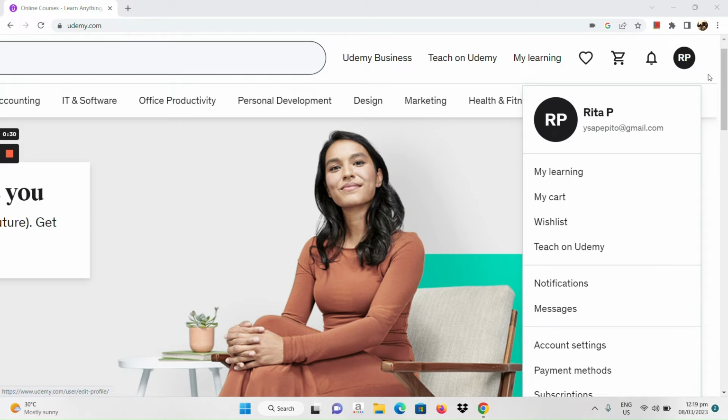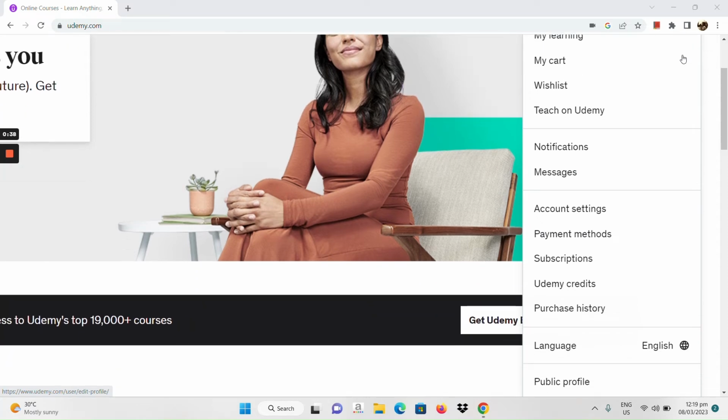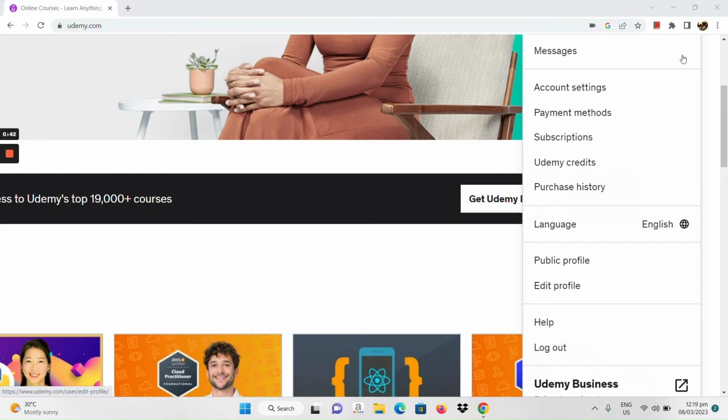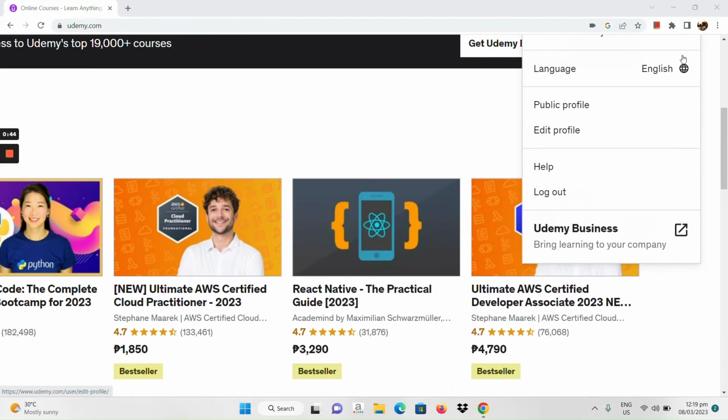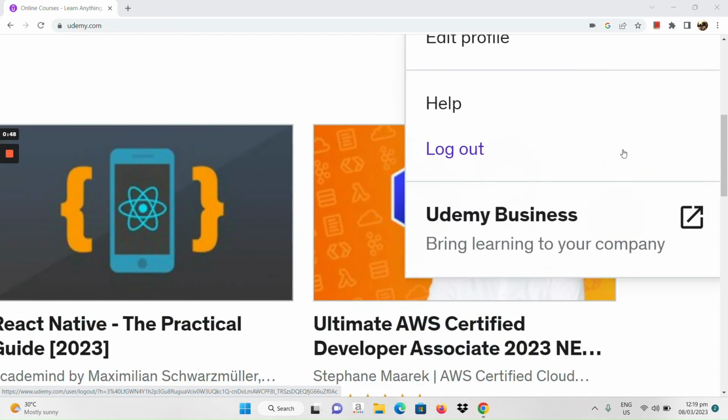Just move your cursor into the circle, and after which, all you need to do is to scroll down in the squared box or rectangular box rather. All right, now here below we can see our logout option. All we need to do is to click on logout,